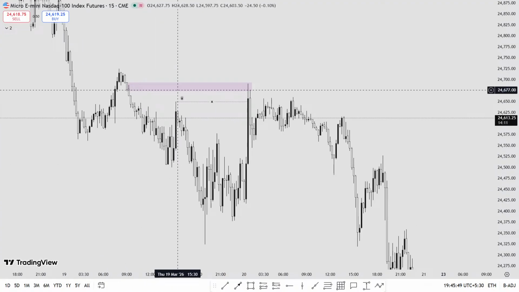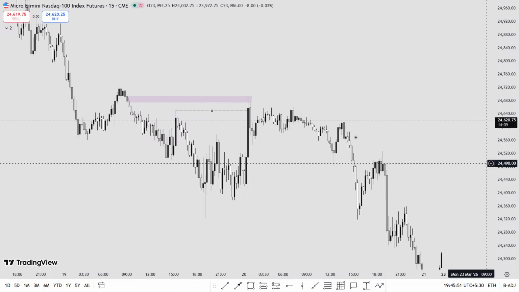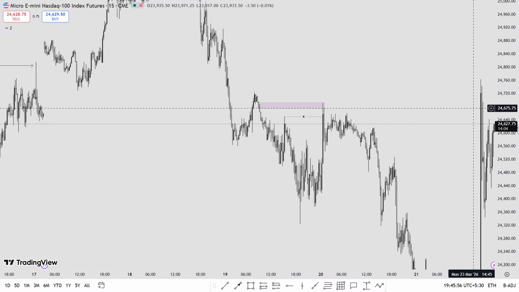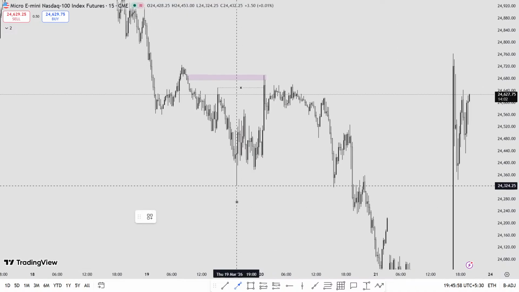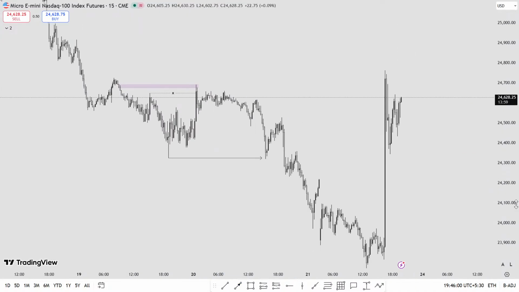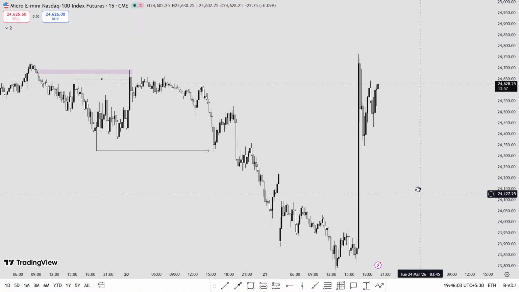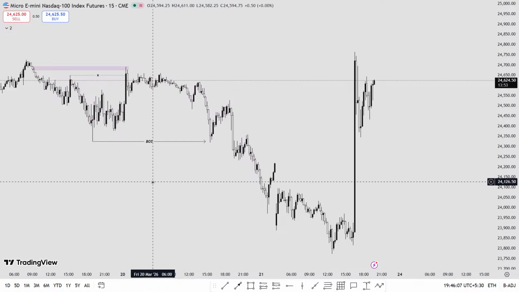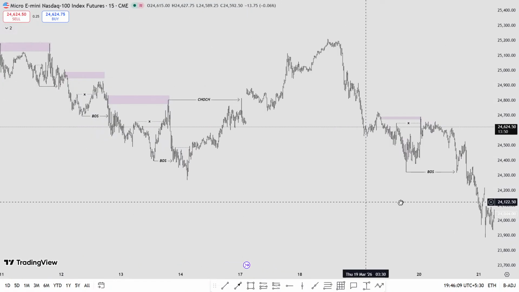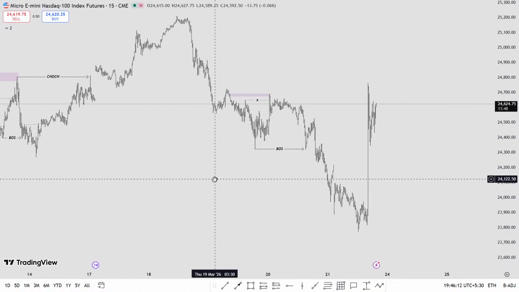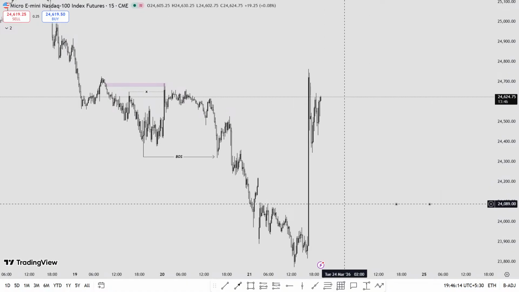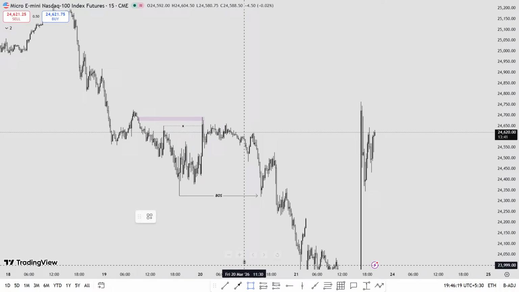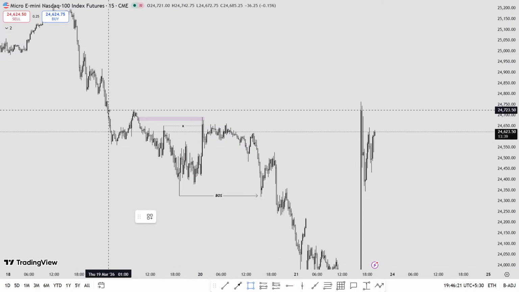So basically, this is what we call decisional POI or the first after liquidity. And right now, what is market doing? So we will majorly mark everything which should be marked. What I'm looking at is